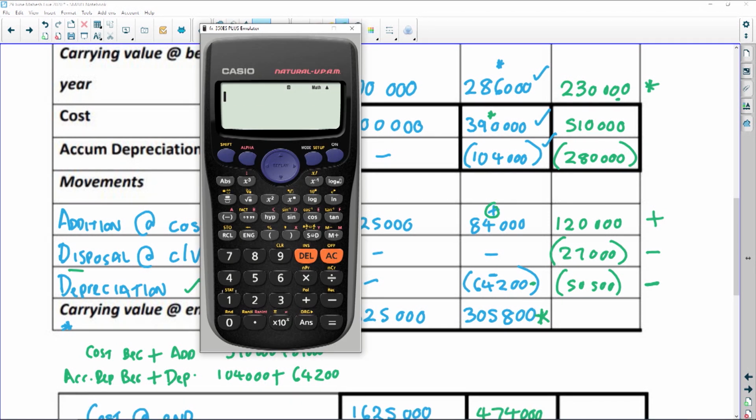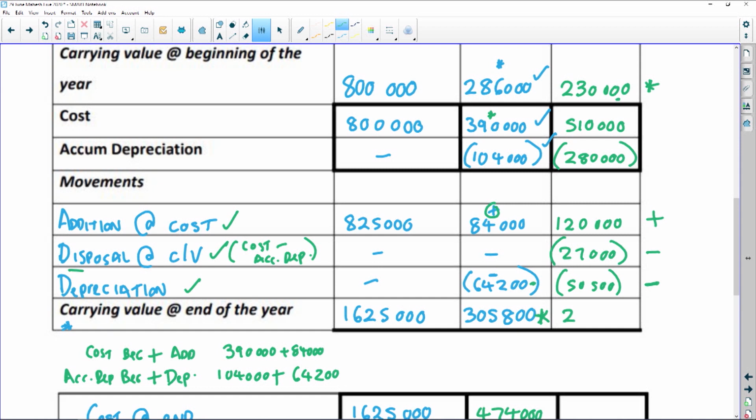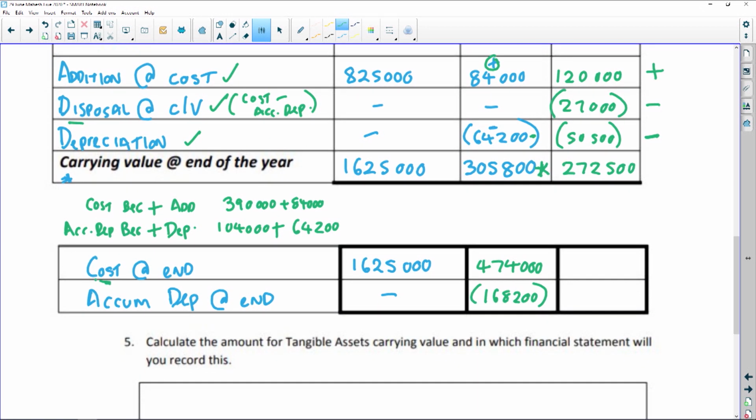I'm just watching the time, but we seem to have enough time to finish this. So 230,000 plus 120,000 minus 27,000 minus 50,500, and that gives us an amount of 272,500. Okay, right, now the last part, guys, this is where I really need you to pay attention,